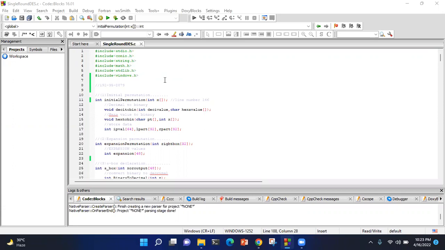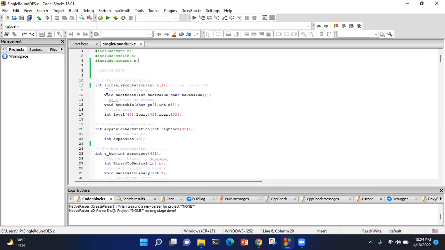Today I'll discuss the code implementation and output of single round DES. First of all, I want to say that DES means Data Encryption Standard. Here in this code, I have included those library functions for my code implementation. And as we can see, I have called those functions here and worked with them in my main